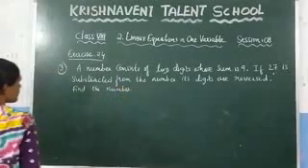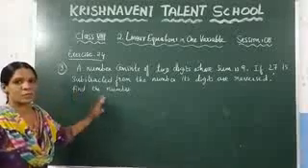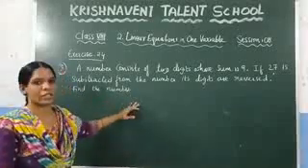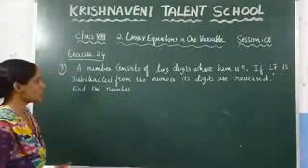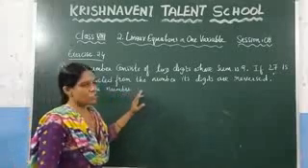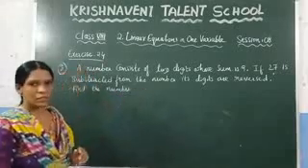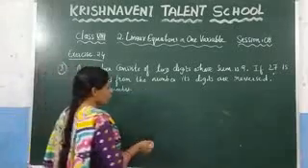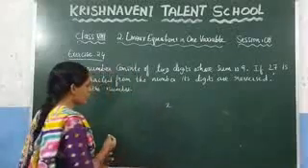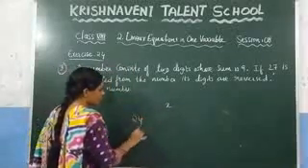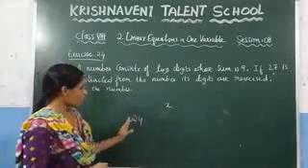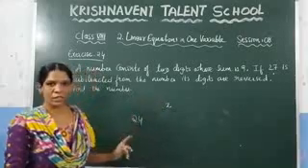Here, this problem is very important. You will see this problem in 8th class, and in 9th class and 10th class also you can see this problem based on this concept. What is the question given here? A number consists of 2 digits whose sum is 9. That means you don't know what those digits are. Let us consider one digit as x. What is meant by 2 digits? It is nothing but, if you take 24, this is a 2-digit number. And what they are saying here is that if you add those digits you have to get 9.